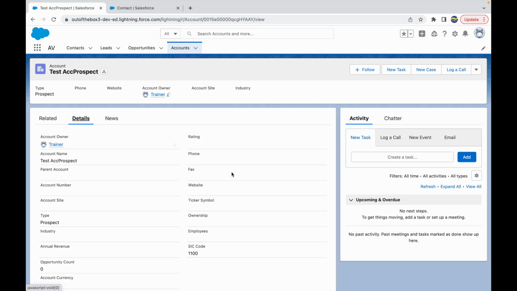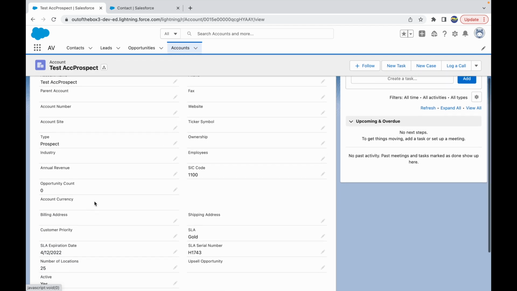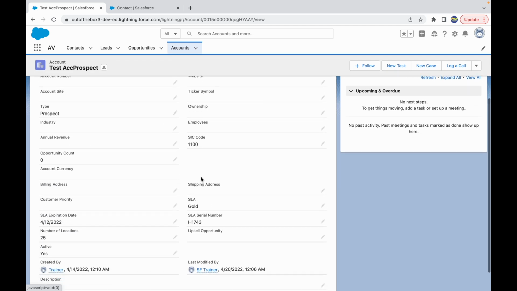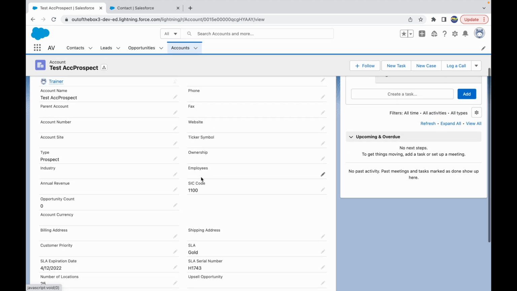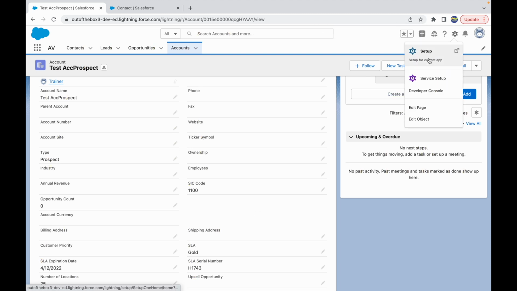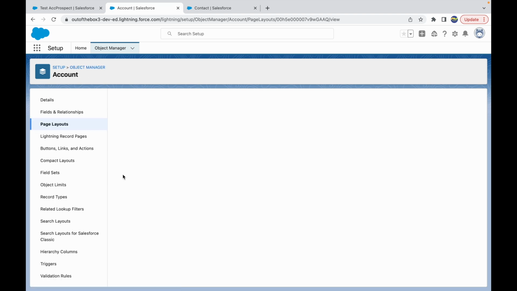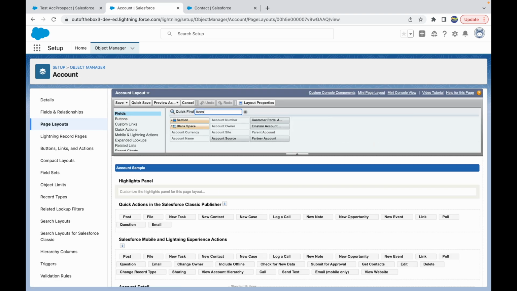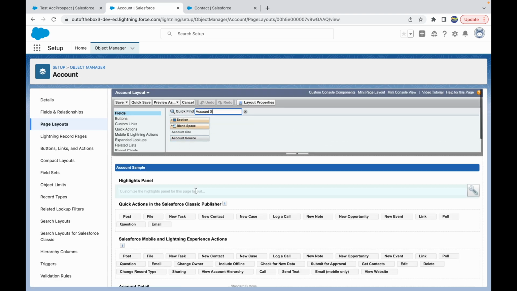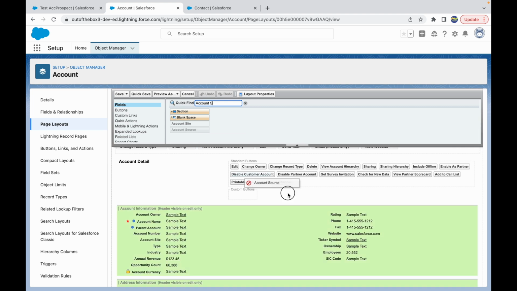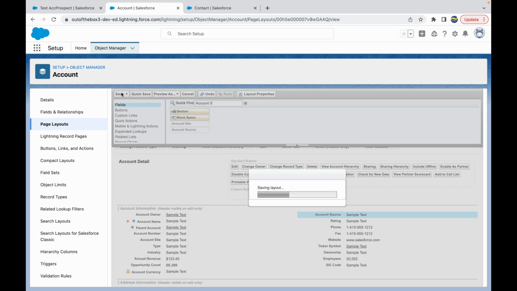Let's open this particular account for instance. Let's see the account source field. So under account source field, what do we have? Let's check. Account source, it's not even on the page layout. Let's try to add it on the page layout first. So let's click on next, setup, or let's just say edit object, and let's find the account source field, right? So this is not on the page layout. Let's bring it on the page layout. So I'll just add it on the top. Let's click on save,